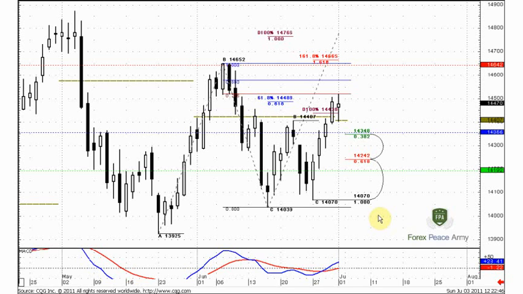Still, I suggest that you take a look at our monthly research on the ForexPeaceArmy.com forum, because there we also discuss longer time frames, monthly and weekly. Due to the situation on the monthly and weekly time frames, it makes me think that the strength of the market is probably a bit greater than it seemed before, because the market just holds in the area of the nearest fib support on the monthly time frame and has shown a very strong pullback from that area during the previous week. So you can see that the move in the previous week was really significant, and